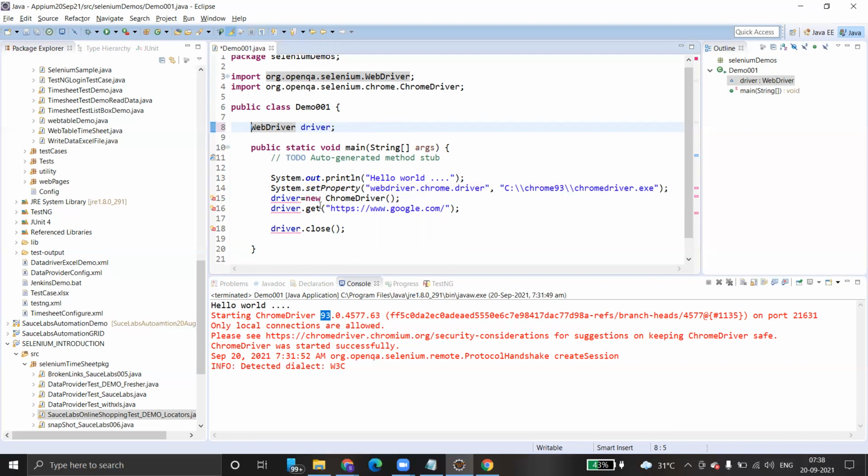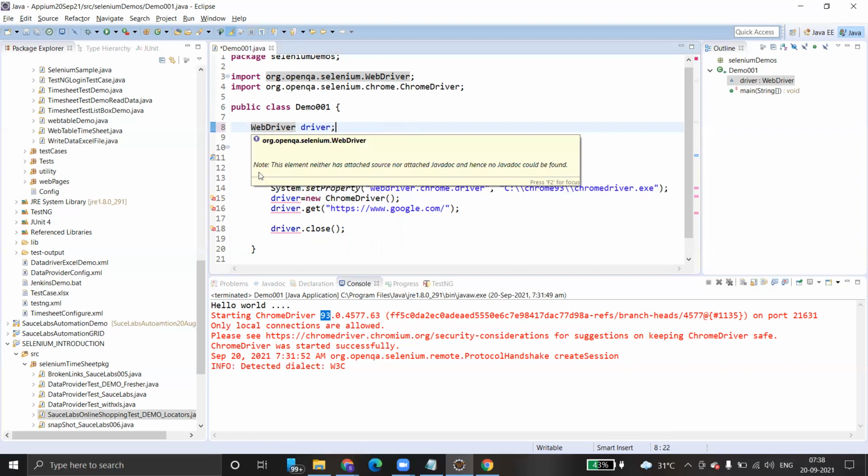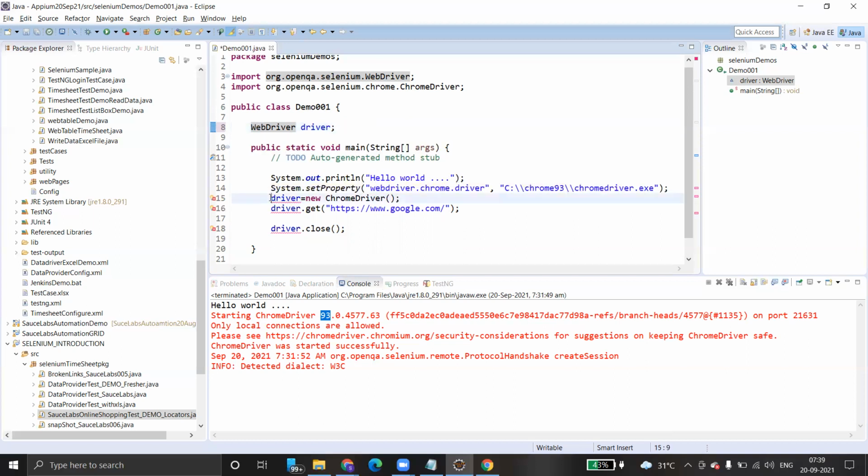By default, all member variables are private if you don't declare any access specifier. No, I mean, if we don't write WebDriver driver there, and instead write it directly on line number 15, what will go wrong? I think it will become local to the main method. I don't think it will throw any error.